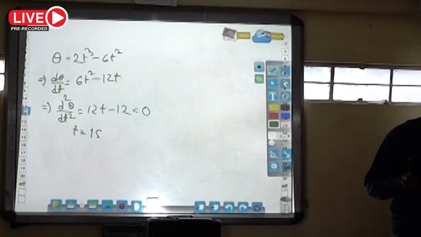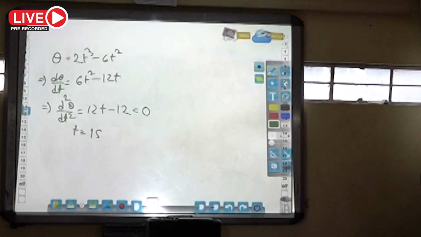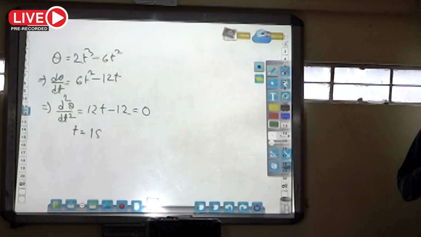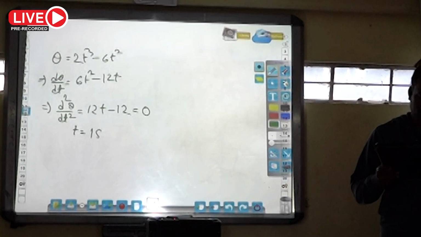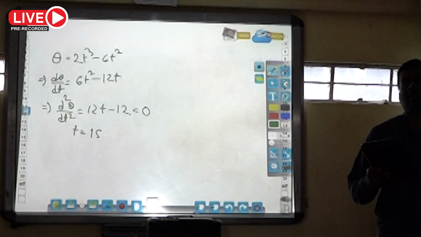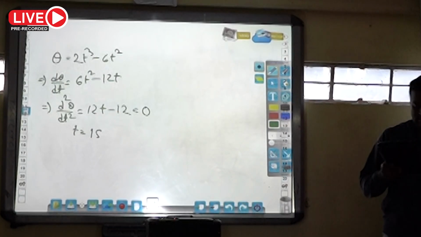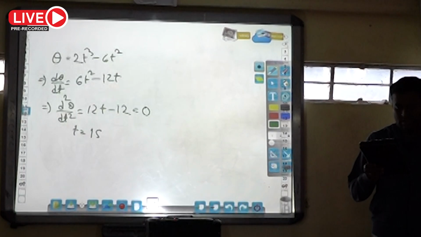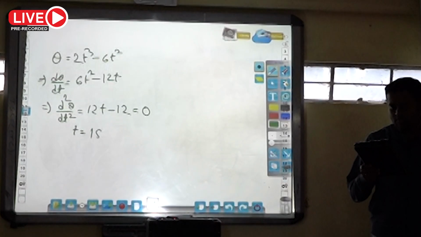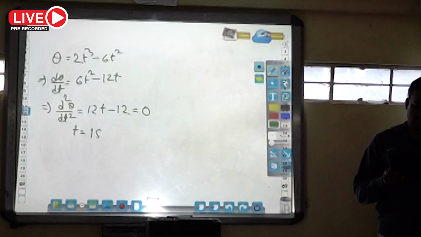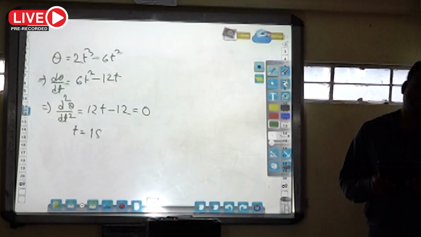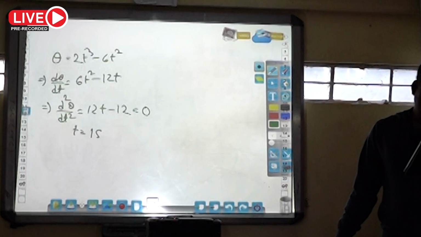Question number 7. If F vector is the force acting on a particle having position R vector, and tau be the torque of this force about the origin, then: